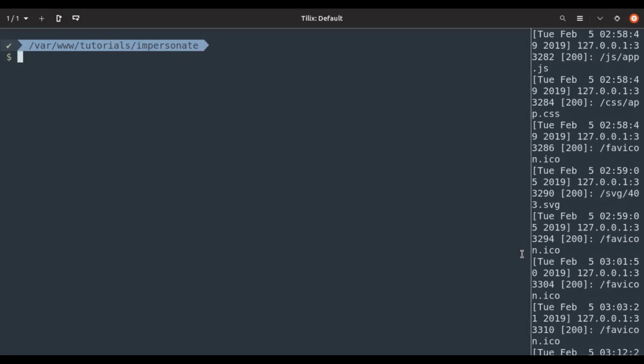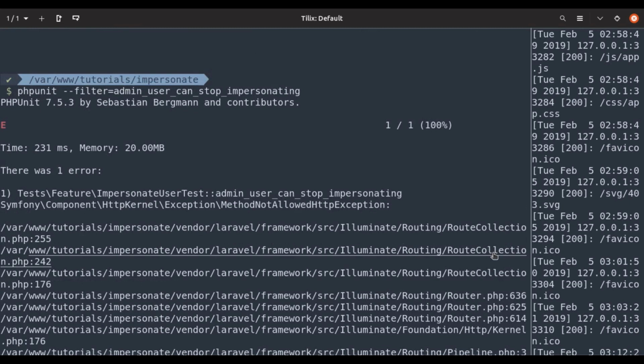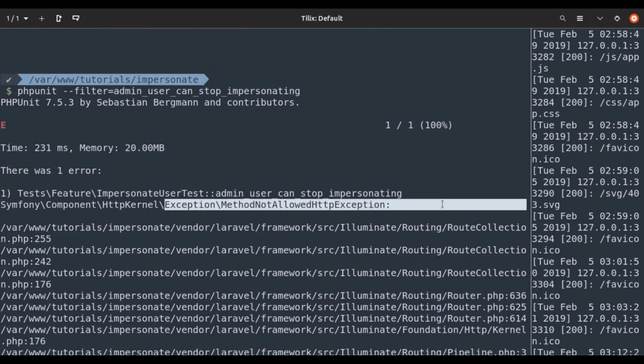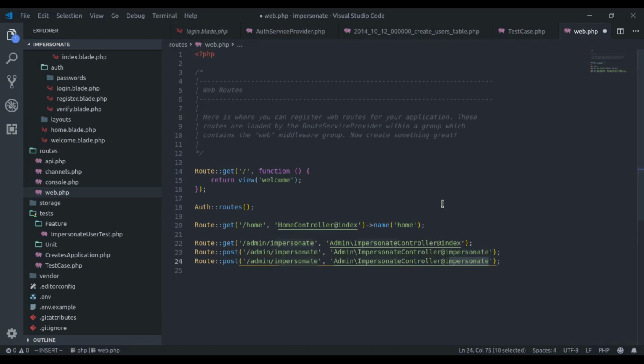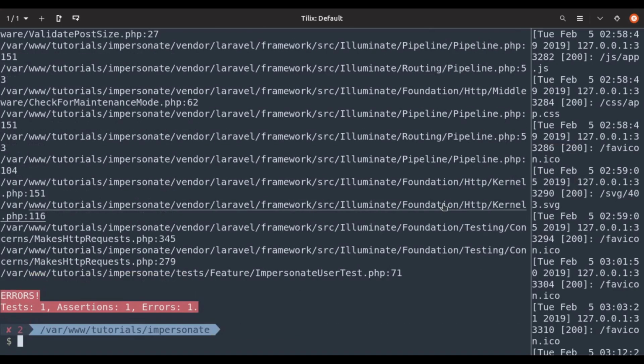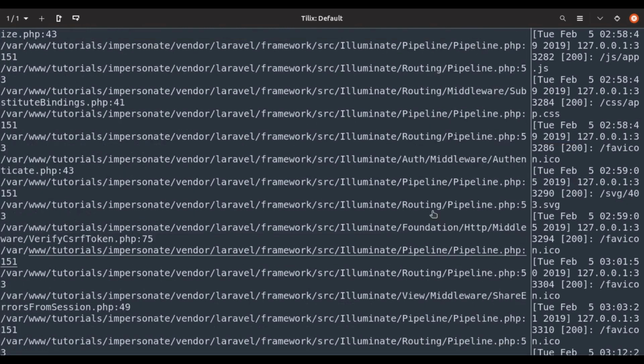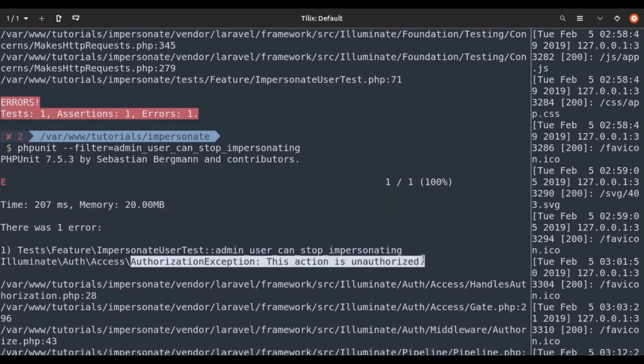Let's run the test, and it will fail because we have not created that route. So in routes web.php, duplicate this. This is a delete route and the action is stop. Now if we run this test, we get an unauthorized exception.